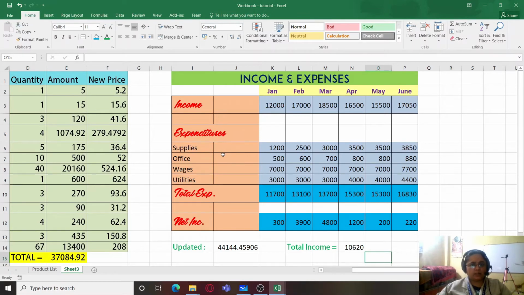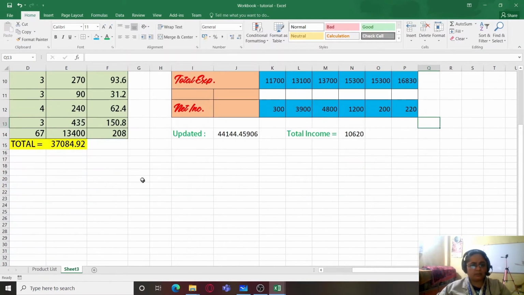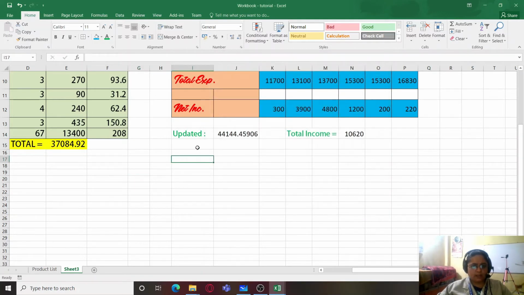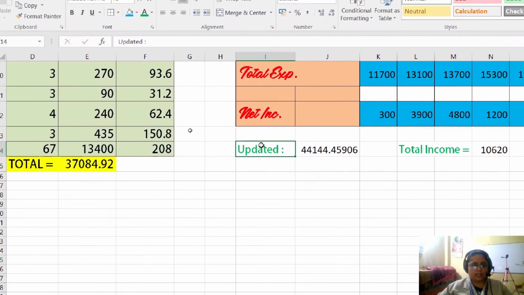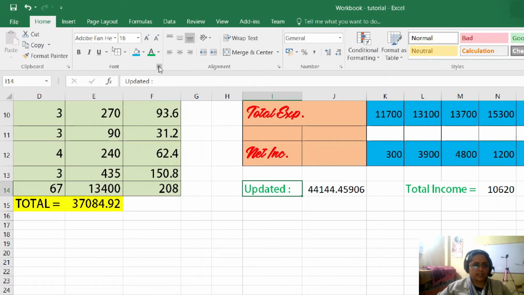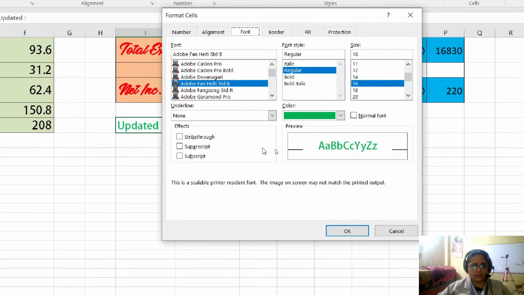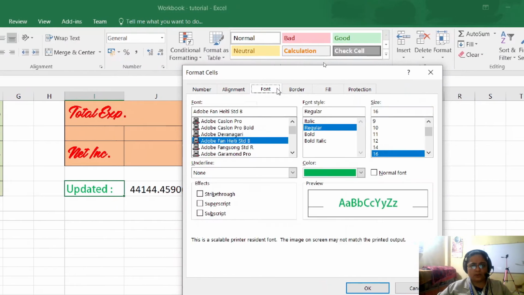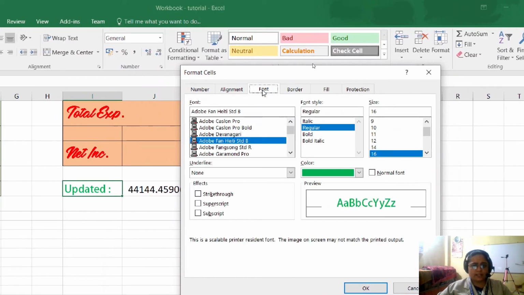So that was applying all the formatting effects. Apart from this, we have more formatting effects. If we just click on the dialog box launcher, font style, size, color, and so on. So we can do one thing, like I have selected updated and I'll show you how we can change the font size, font specifications, the format using the dialog box. So we'll go to the Home tab, Font Group, launch the dialog box, and within this you can see there are multiple tabs: number, alignment, font, border, fill, protection. So we will select font.